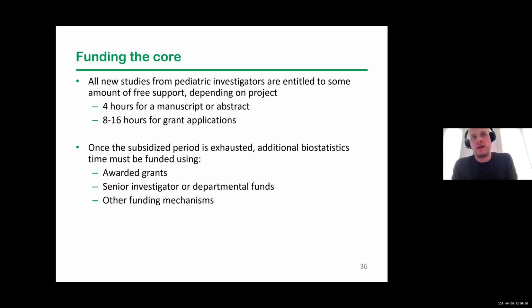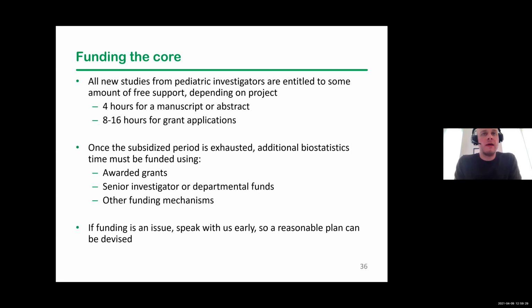We've worked on hundreds of these studies over the years, thousands really. And I've never seen a manuscript go from a first meeting through publication in 4 to 6 hours of biostat help. Generally, there are so many factors depending upon the complexity of the studies, but they generally require 20, 30, 40 hours or more of biostat help. So virtually every manuscript we work on does require some additional funding.